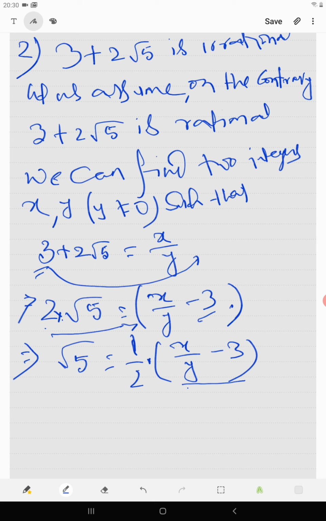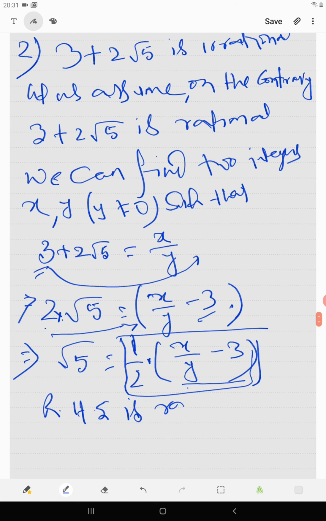Also, if you are multiplying or dividing a rational number, then the output you get will also be a rational number. So this whole thing is a rational number. So the right hand side is rational. This proves that the RHS is rational. Why? Because